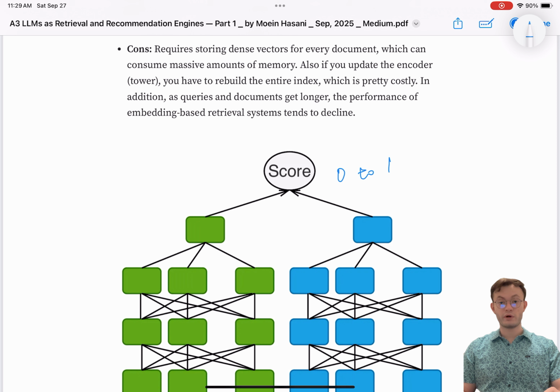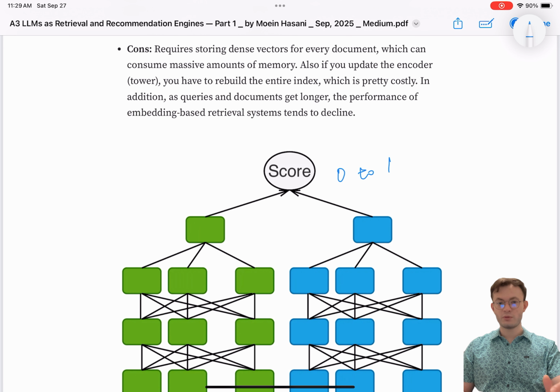You have to have a storage and save their embeddings in a storage for quick lookup. So it's costly. It's not cheap to do this. And if you decide to improve your encoder, like this two-tower architecture, if you decide, hey, there's a new model, like I was using BERT, now I want to use Transformer T5, you have to basically rebuild the whole database. So again, it's not easy and it's costly. You have to update everything.